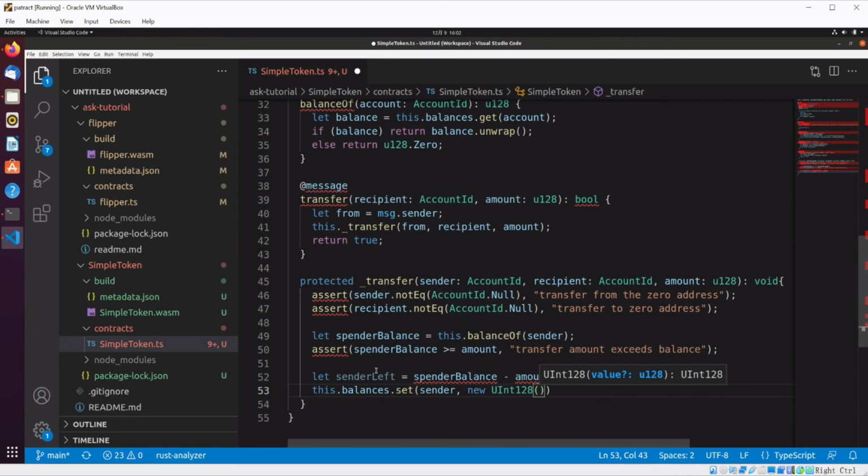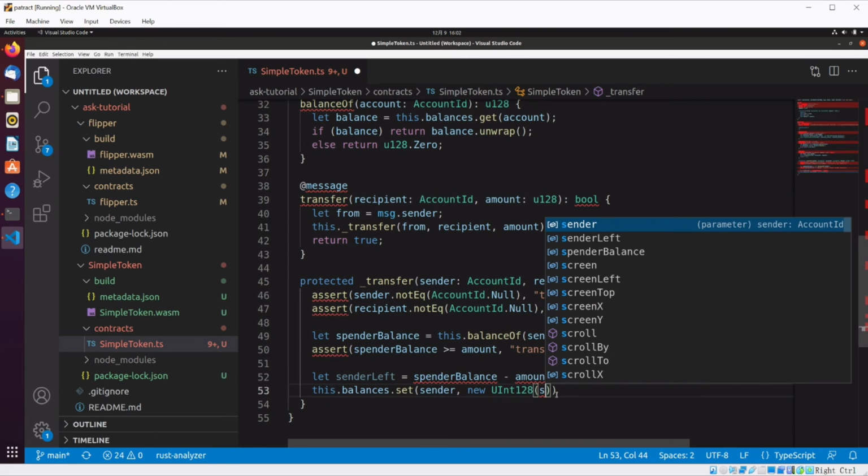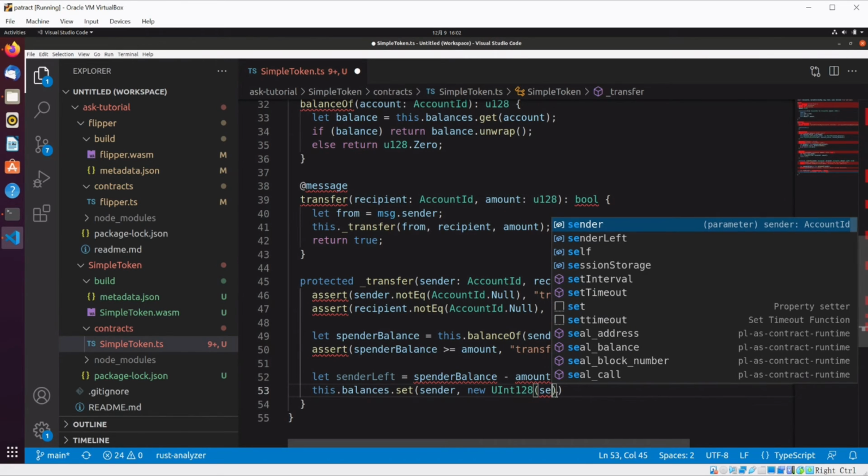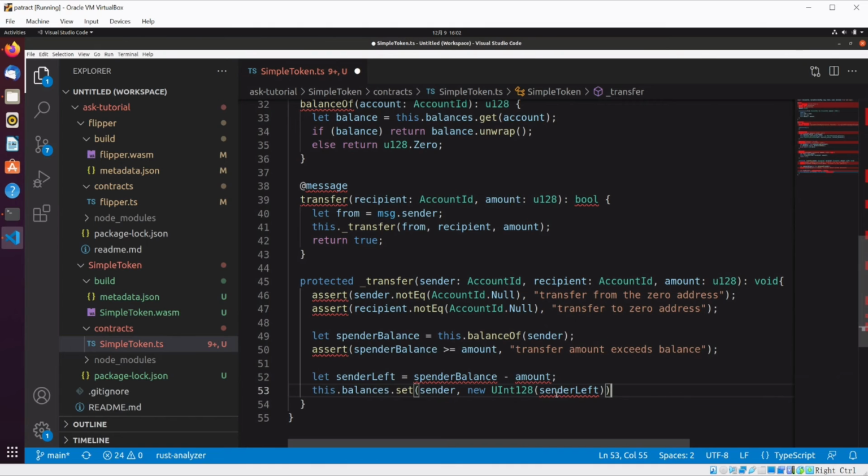You set the remaining balance back to this guy, right? So once he's sending out the amount, we are setting the remaining balance, sender left, and then